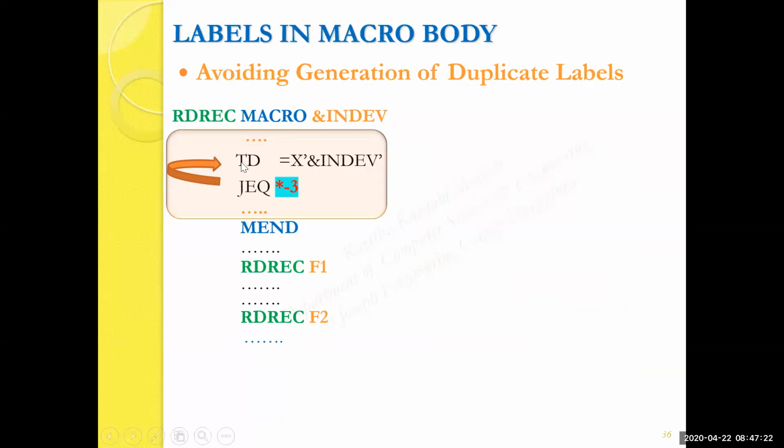So assume the location counter for the instruction TD is 1000. Since TD is a 3-byte instruction, the address corresponding to JEQ would be 1003. So 1003 -3 would be referring to the location 1000, which has the instruction TD. So you can avoid a label and write the same instruction using star -3 as the operand in the place of loop. Now we shall see